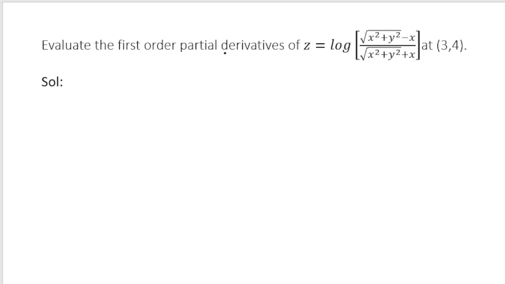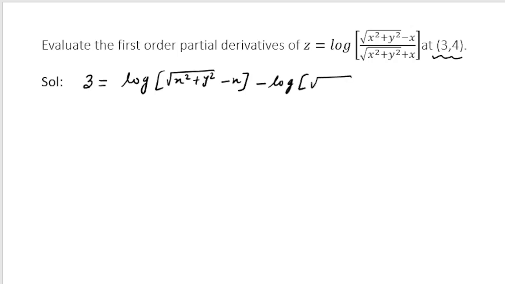Moving ahead, let us evaluate the partial derivative of the function, both with respect to x and with respect to y, at the given point (3, 4). Here, if you look at the function, using the property of log, because if I directly differentiate it will be quite complicated. So first I rewrite the function using the property of log. So I write x square plus y square minus x minus log of under root x square plus y square